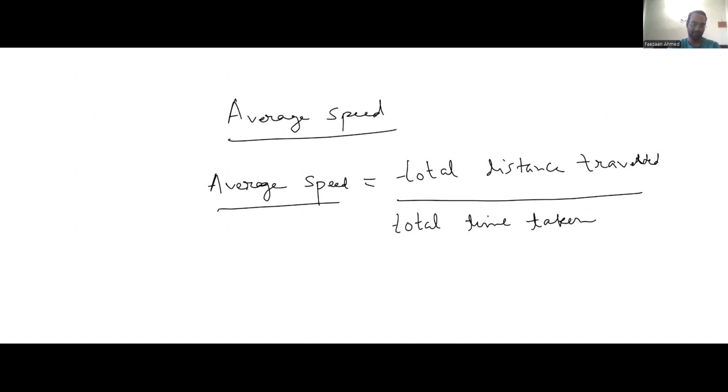So one more idea. The idea is that this total time taken and total distance traveled, you will have to be careful about writing this, because if, let's say, a journey is broken into three parts, then you will have to use plus plus for each of the individual parts. And the same goes for the time. You will have to find out the time taken in one part, time taken in another part, and so on. That is how you are going to be able to do this, right? So fine,